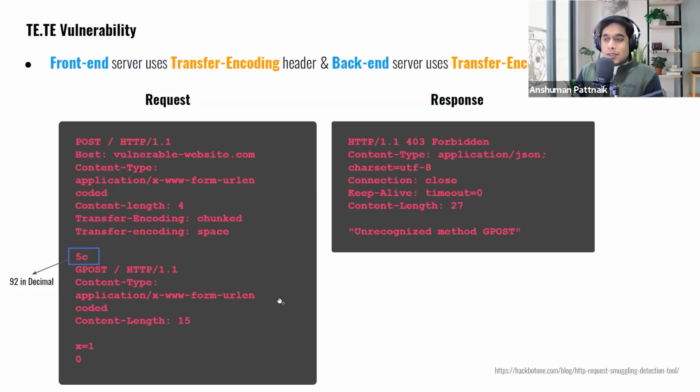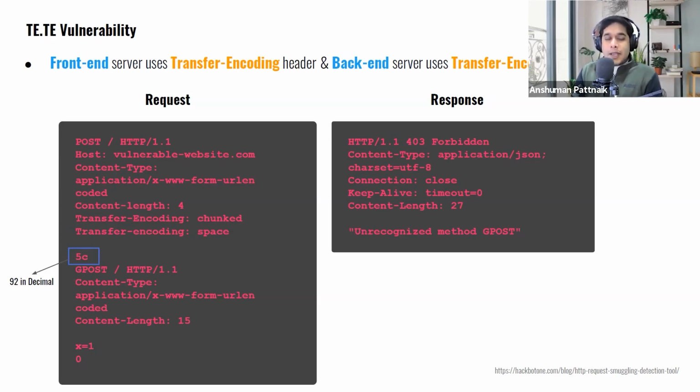And also you can see here in the smuggle payload, in the second request body, the chunk size is defined as 5C. It's in hexadecimal format, and if you convert hexadecimal 5C to decimal, the output will be 92. That means the chunk size is 92. Next, when the attacker smuggles this request, it will follow the same technique as CL.TE and TE.CL, which we have seen in the previous slide.